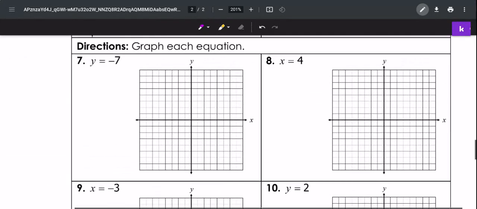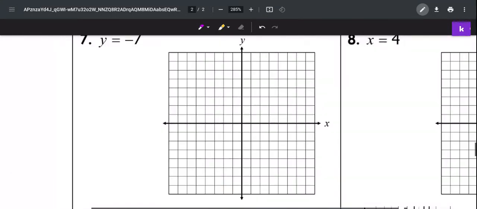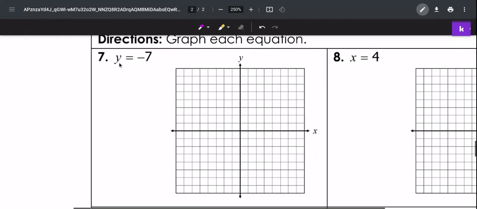All right, so when we look at graphing each of these, let's look at number 7 first. It says y equals -7, all right? So now, I know when I have either x equals or y equals, like in 7 and 8, I'm either going to have a horizontal or vertical line. If it doesn't give you an x or like an mx plus b form, and you have y or x equals, that means horizontal or vertical. Now,